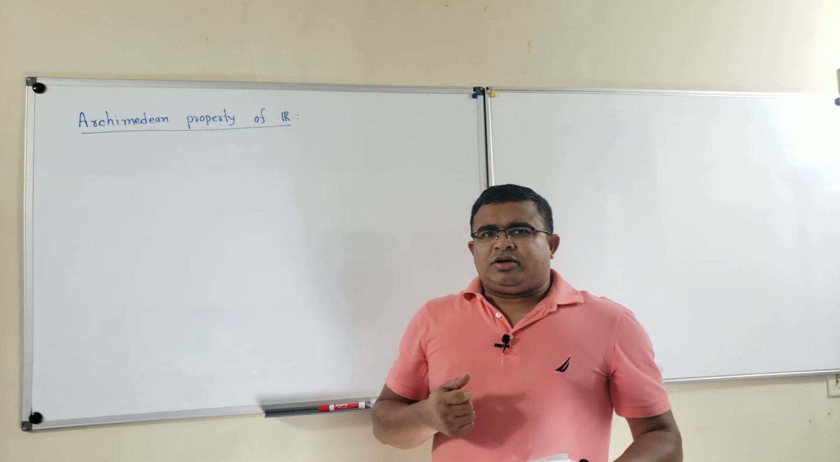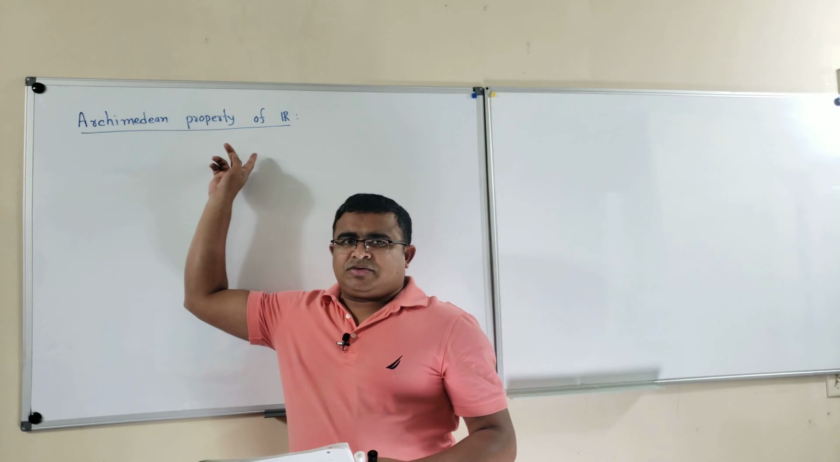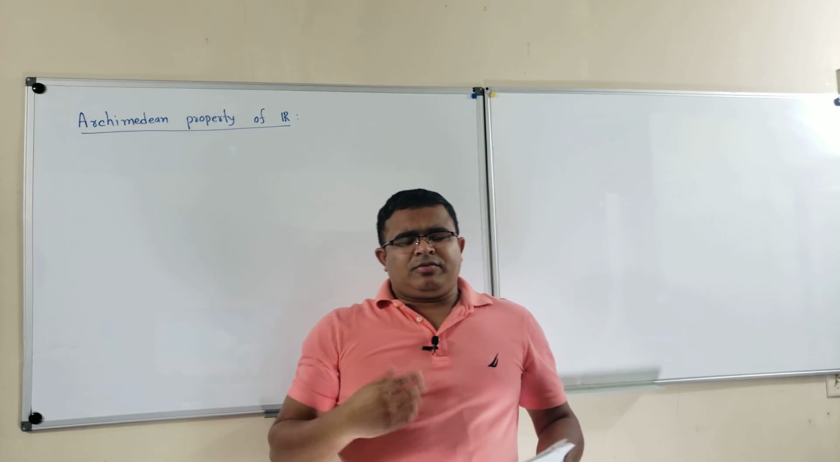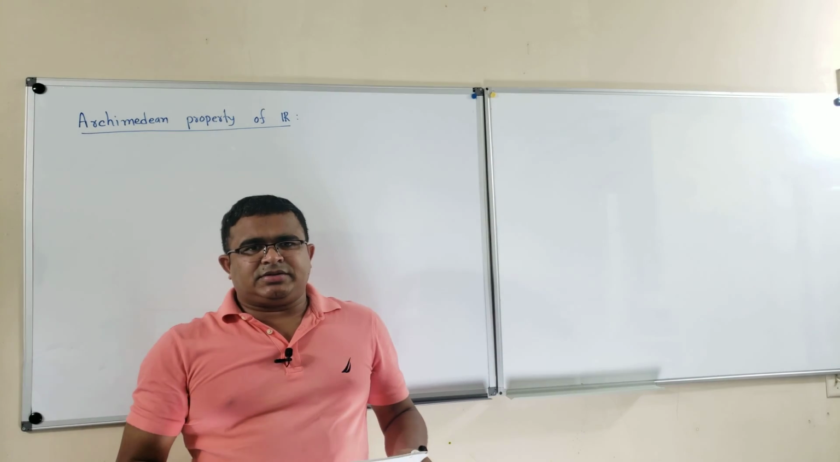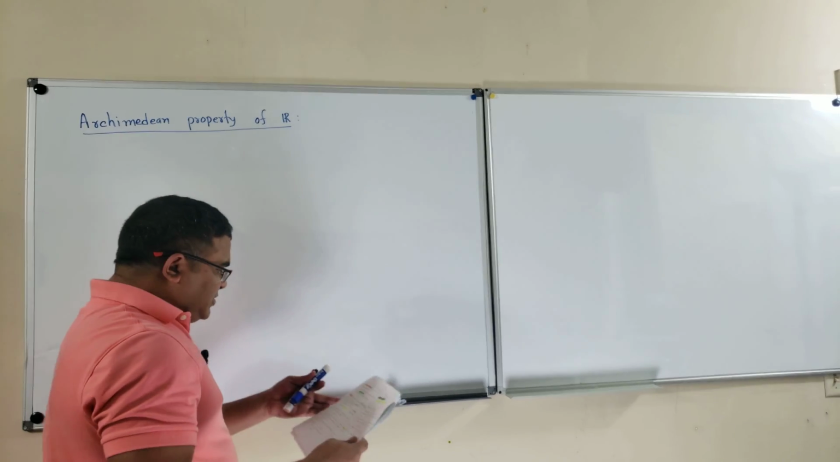In this video, we will learn two main theorems. First one is the Archimedean property for the set of real numbers, and second one is that the set of all rational numbers is dense in R. So, the statement for the first one is